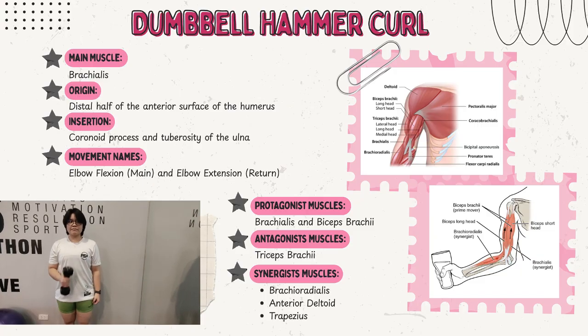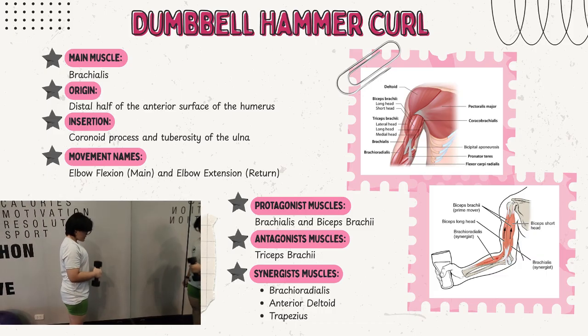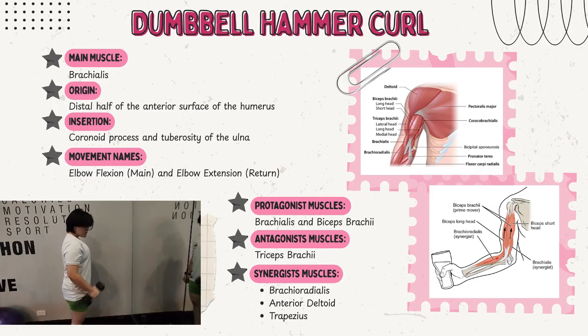As you lift the dumbbell, your elbow flexes, which is driven by the brachialis and biceps brachii acting as protagonists to lift the weight, while the brachioradialis provides support. As you lower the dumbbell, the muscles perform an eccentric contraction to lower the weight back to the starting